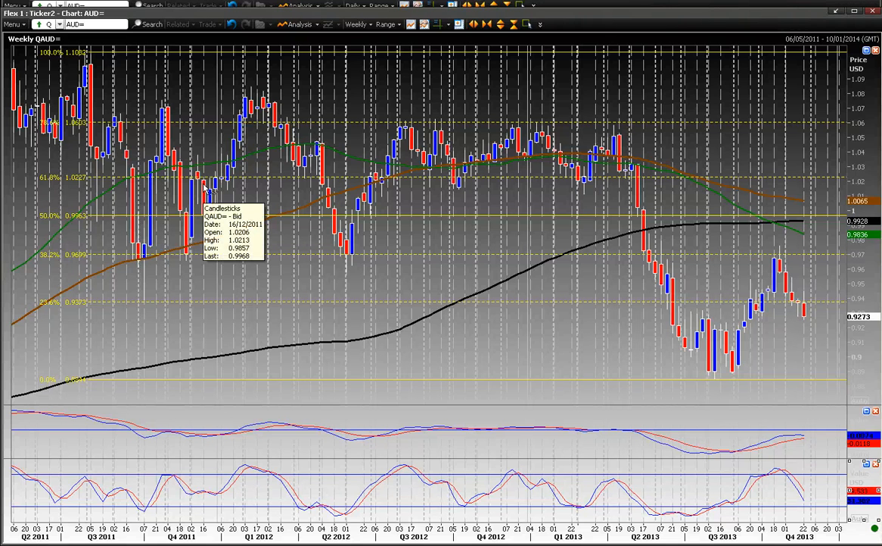We're looking at the Aussie this week. Currency wise, we've been following this. This is a bit of background. We're looking at the weekly chart here. This pair sold off from 2011 down to the middle of this year, and we bottomed out